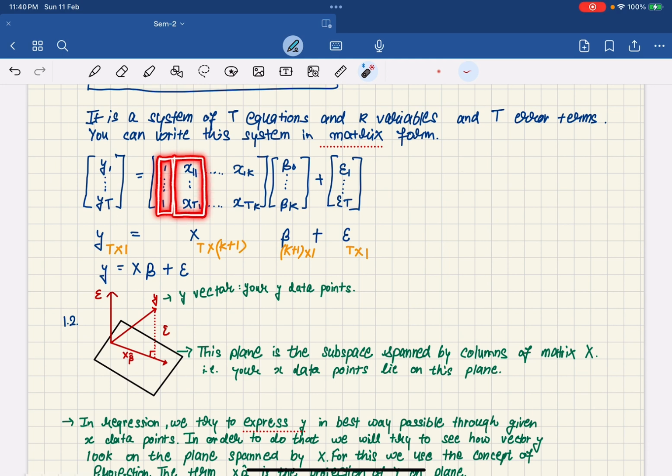These are the columns of your X matrix. Okay, now